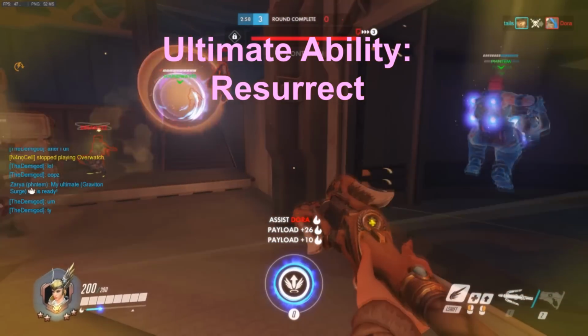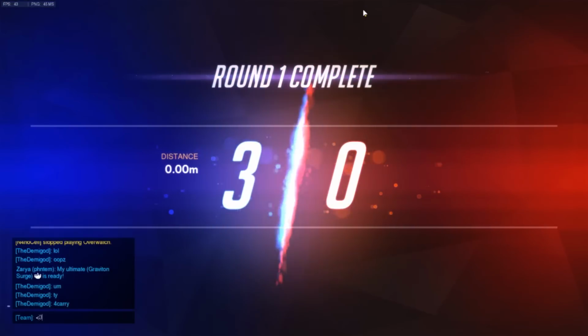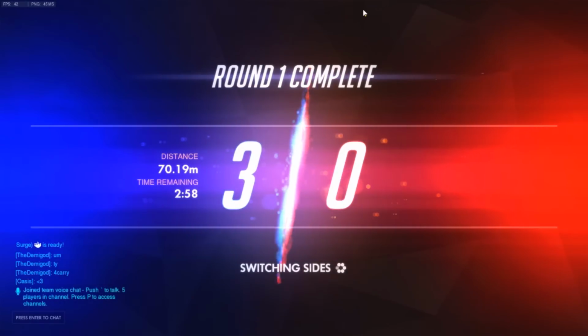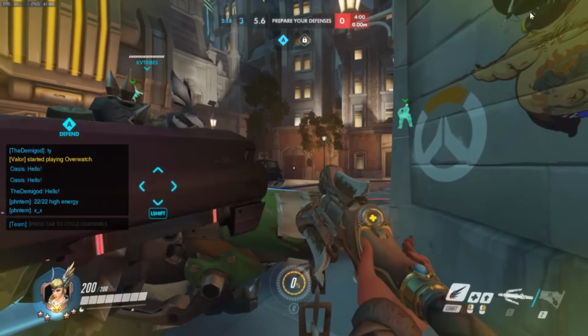Mercy revives nearby dead allies at full health and with a brief moment of invulnerability. Resurrect has a short cast time during which Mercy can still move. In a lot of gameplay, you will see a Mercy come in and res, and die shortly after. Because pressing your Q automatically refreshes your shift,